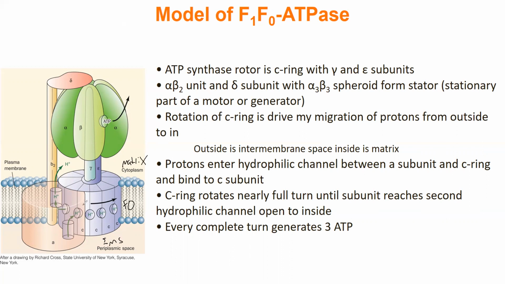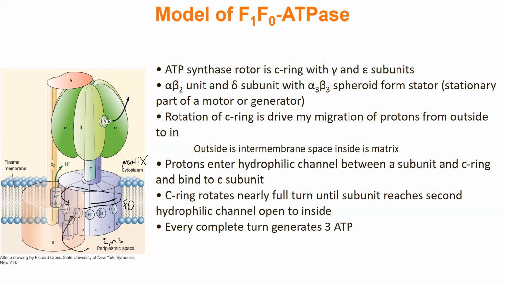So that's why it's just like a giant circle. Protons go in and bind to a location on the C ring. Then these protons will go a full turn until they get nearly back where they started. And then they'll be pumped out the other side